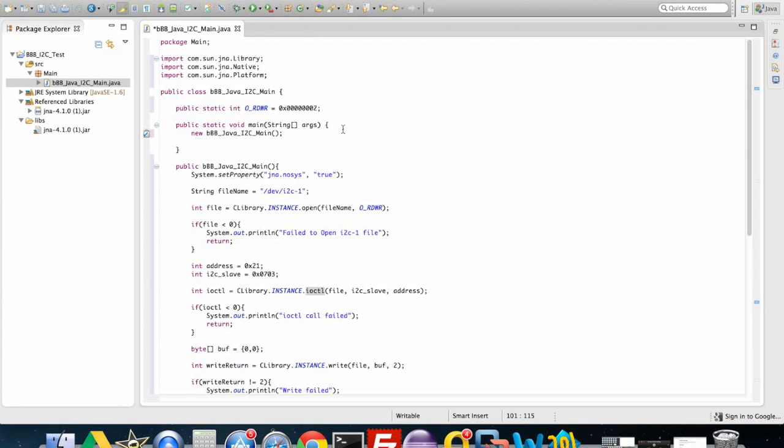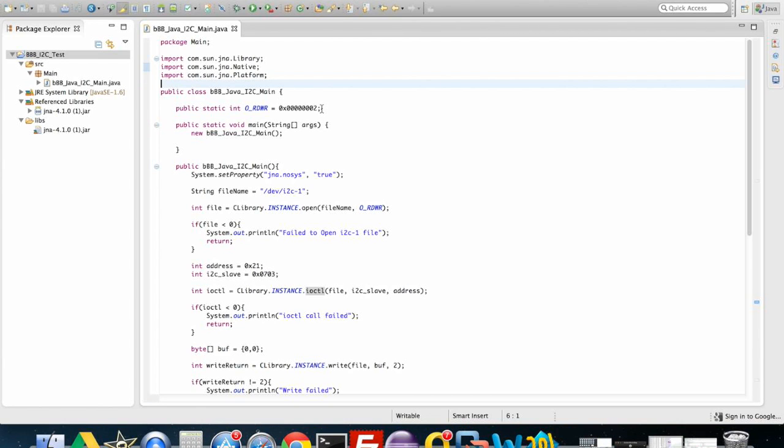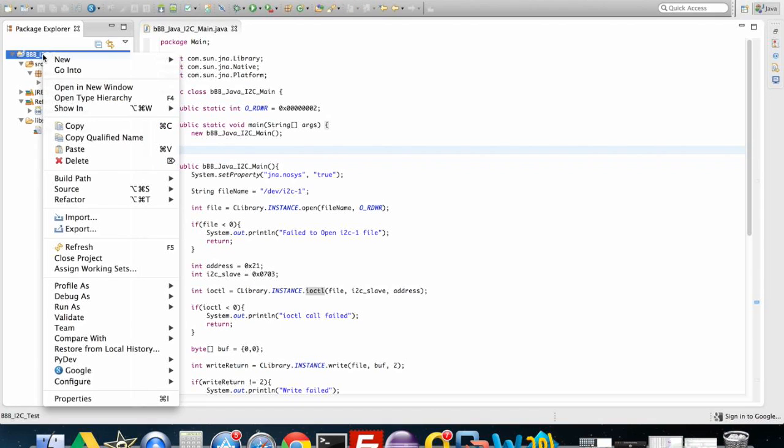So at this point we are ready to save this program. You can just hit Control Save on Windows or Command Save on a Mac. We'll save it. We need to make sure and let Eclipse know which class contains this public static void main method. So the way that we need to do that is go up here to your root directory, right click, and then go to Run As, Run Configurations,